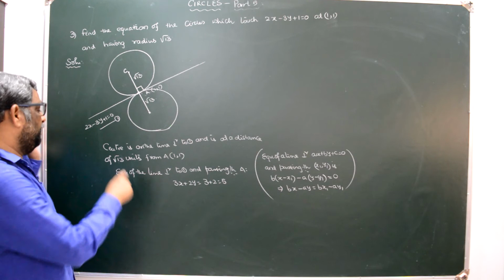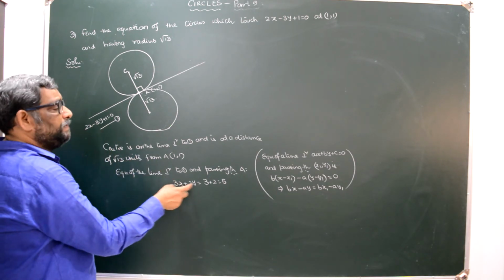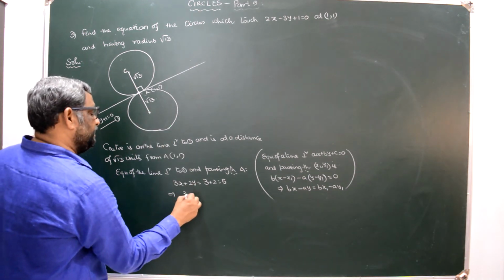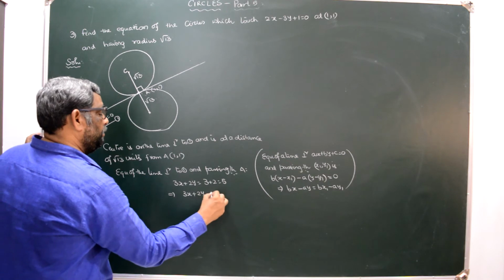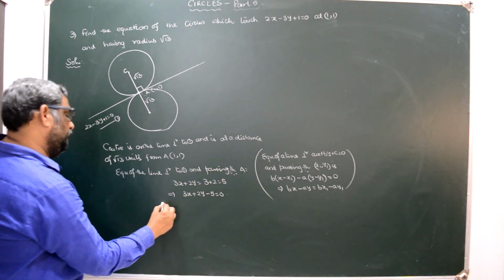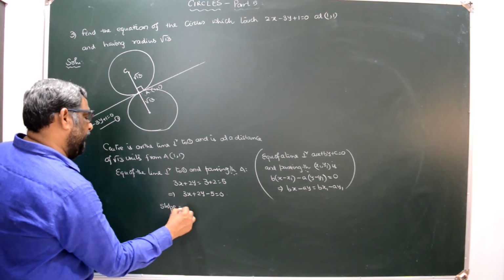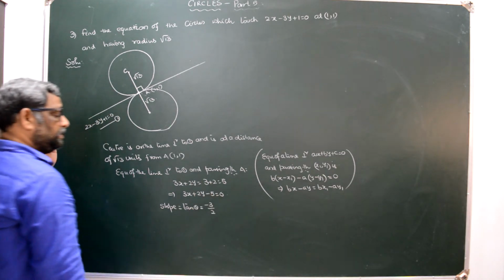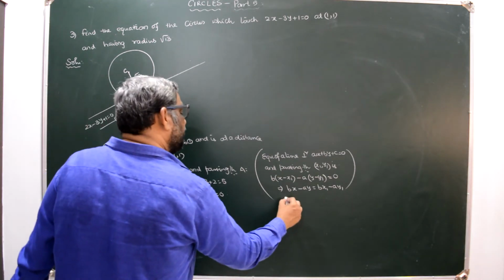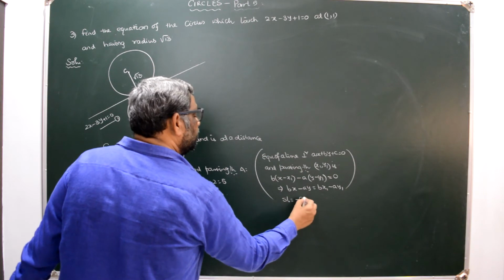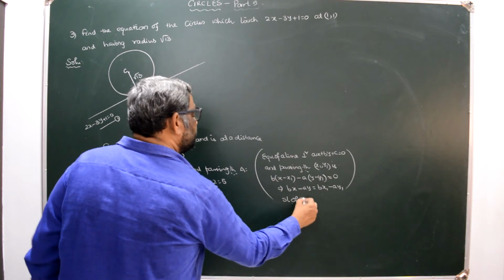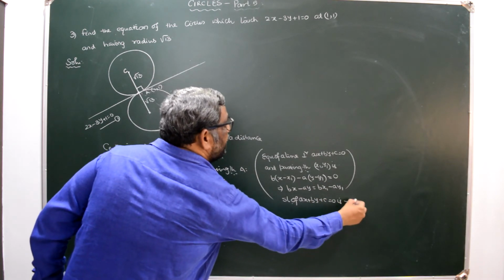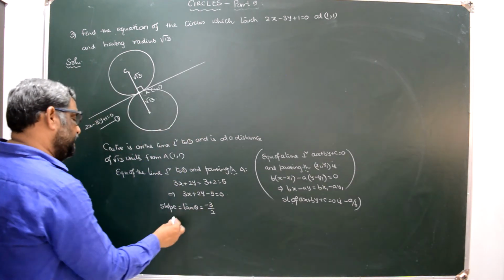This is very easy. So bx minus ay is equal to this. So 3x plus 2y equal to 5. So it implies 3x plus 2y minus 5 equal to 0. Its slope tan theta is equal to minus 3 by 2. Slope is slope of the line. Here the slope of ax plus by plus c equal to 0 is minus a by b. Tan theta is minus 3 by 2.